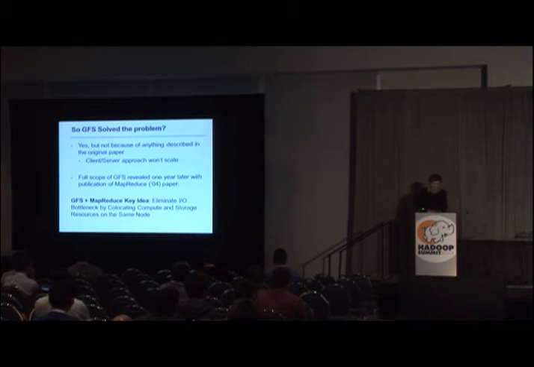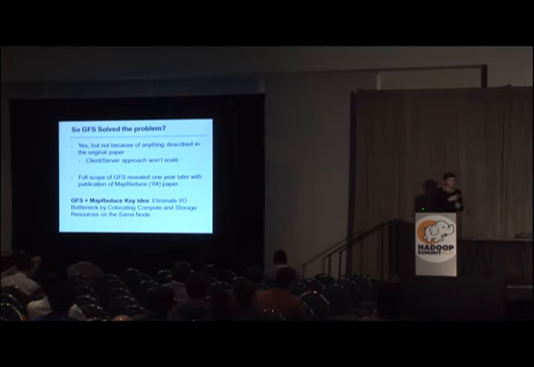And I think it's also interesting to think that this paper that described GFS was published in 2003. If you look at the paper with just the information that was contained in it, you ask the question, does this really solve the scaling problem? And I think the answer is no. Because fundamentally, they didn't challenge the whole client-server separation, the idea that you have clients of the storage system and then the storage system itself with some sort of network interconnect